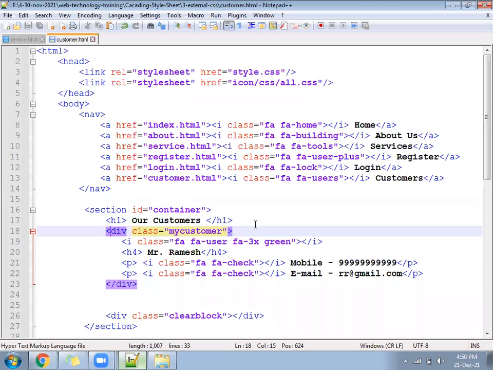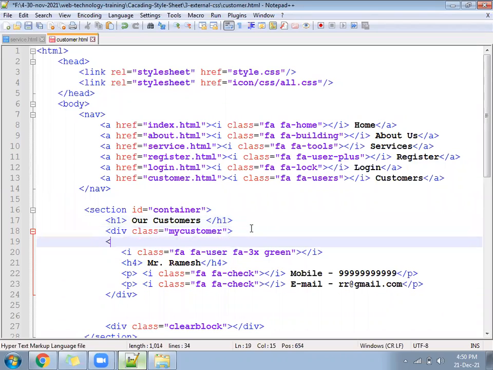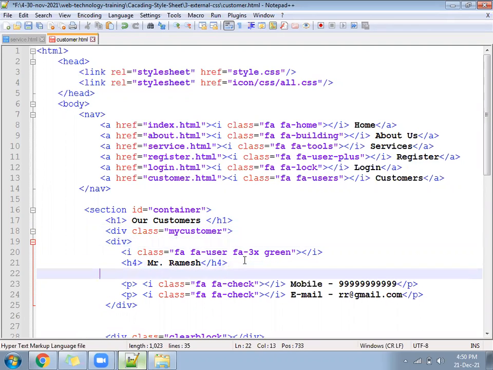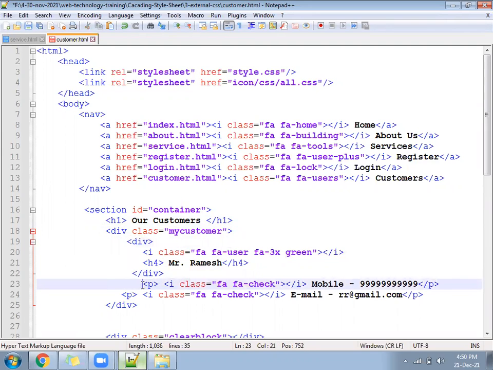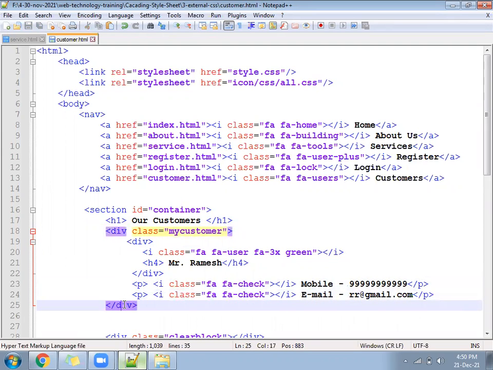See, I asked you to do like this. This one, div, and this both. Now my customer has a div, put text align center.